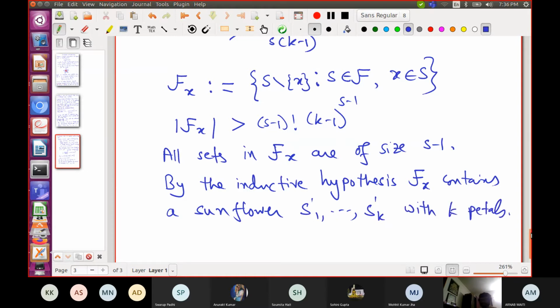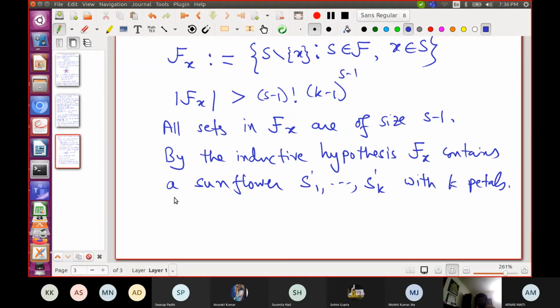Now you look at this collection. You throw this element x back into each of these sets. If you throw the same element into the sets of a sunflower, then the resultant collection continues to be a sunflower. This element will just go and sit in the core.